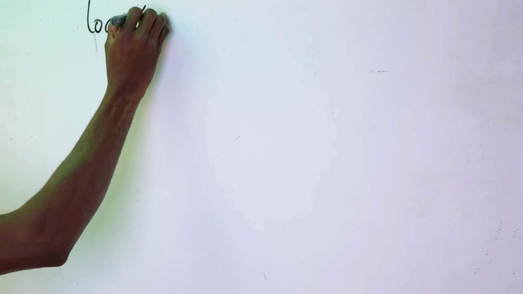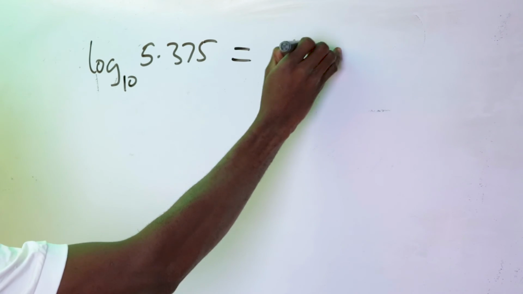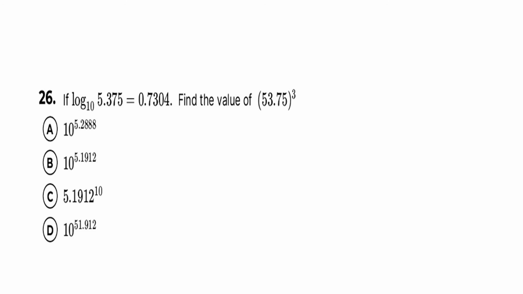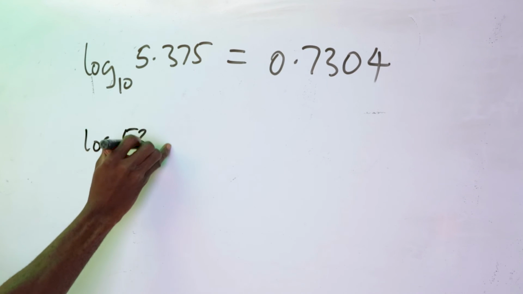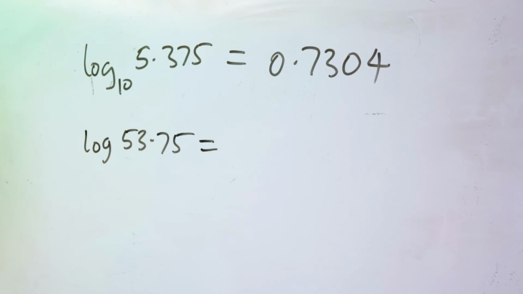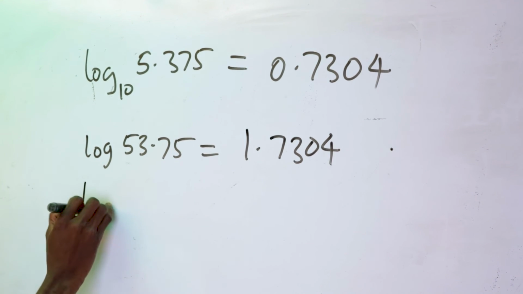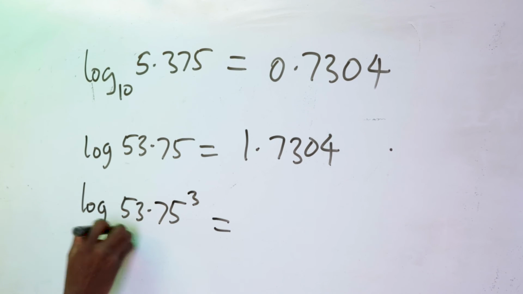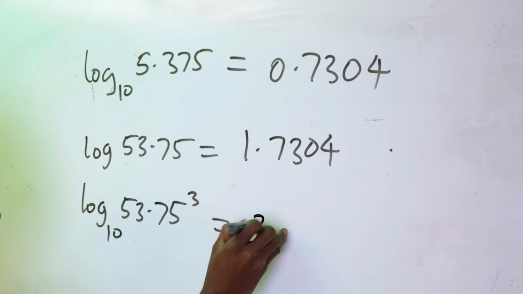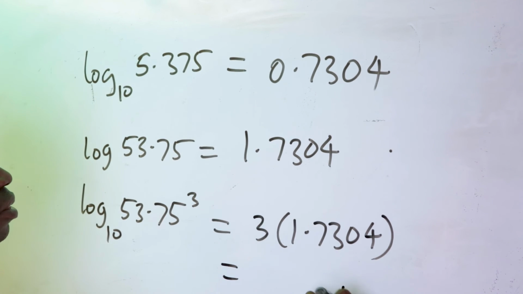Number 26, log 5.375 base 10 is given as 0.7304. Log 53.75 will give us 1.7304. So log 53.75 cubed to base 10 will give us 3 multiplied by 1.7304,